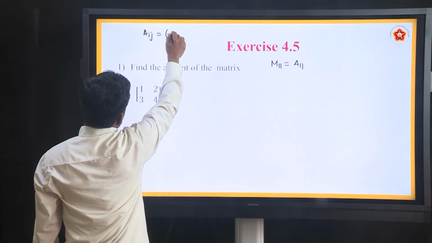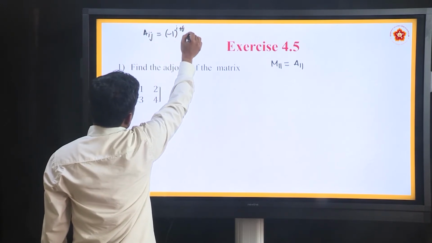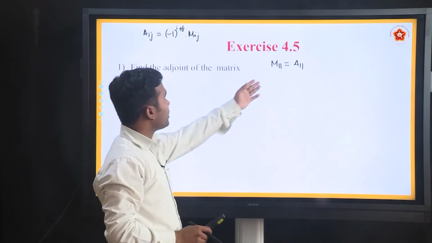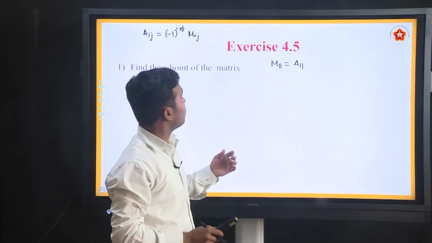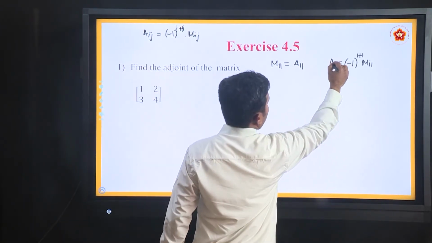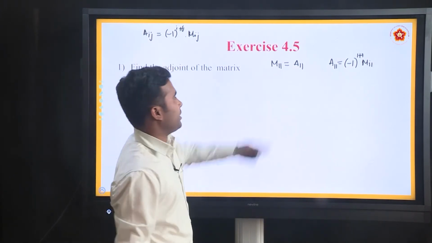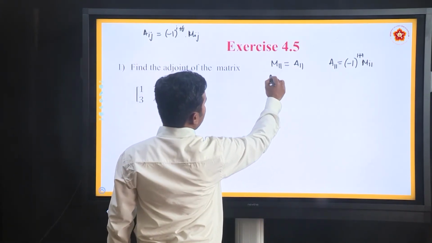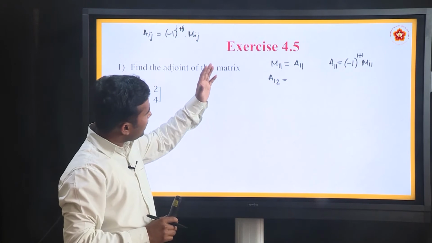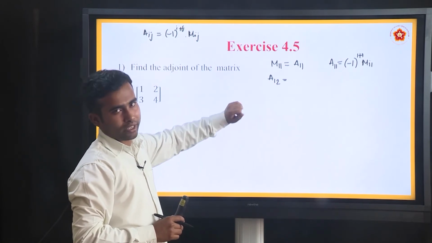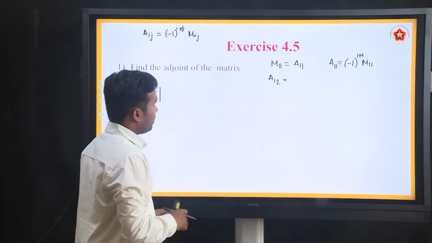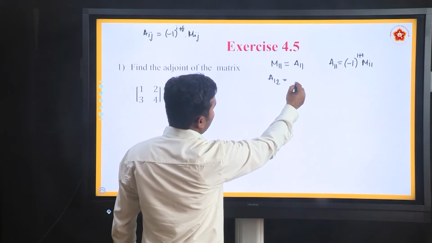Aij is equal to minus 1 to the power i plus j into Mij. You put i is equal to 1 and j is equal to 1 here. So we will get the same thing, no? Minus 1 to the power 1 plus 1. Okay, this is A11. This expression I have used here. And similarly you can write A12. Why I am telling this is, it helps us to find the cofactor matrix, okay. And with the cofactor matrix we can find the adjoint matrix. So if you can directly remember this, it helps.